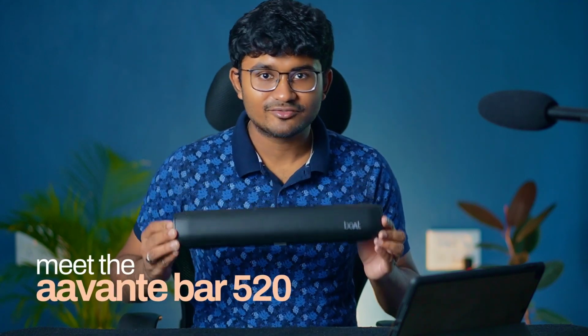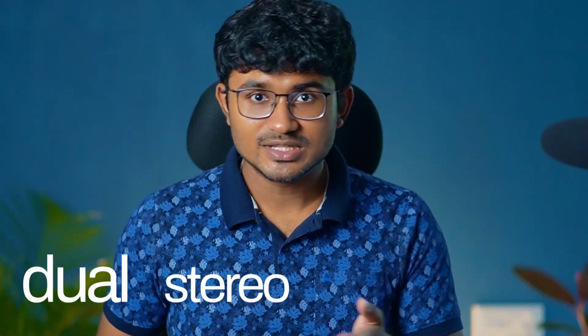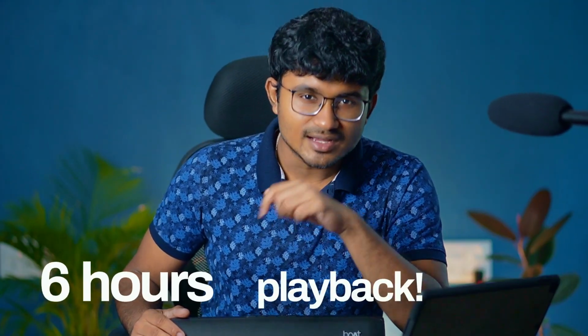Meet the Aavante Bar 520 from Boat. On paper, this is impressive. 16 watt output, dual stereo speakers, which provide a rich stereo sound, along with a solid 6 hours playback on